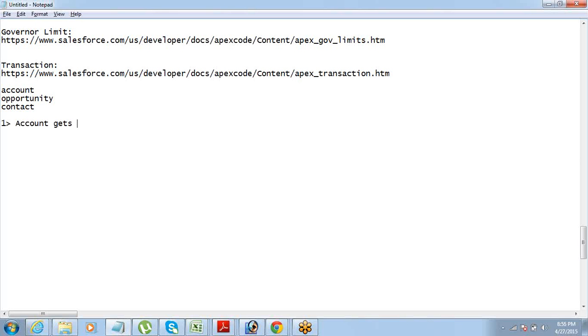Account gets created, ID generated. We pass on the ID to contact. Contact created. Fine. ID is generated for it. Now imagine, so these two are already in the database now. Now after this, if opportunity, the third one, while it is getting inserted, if there is an error,